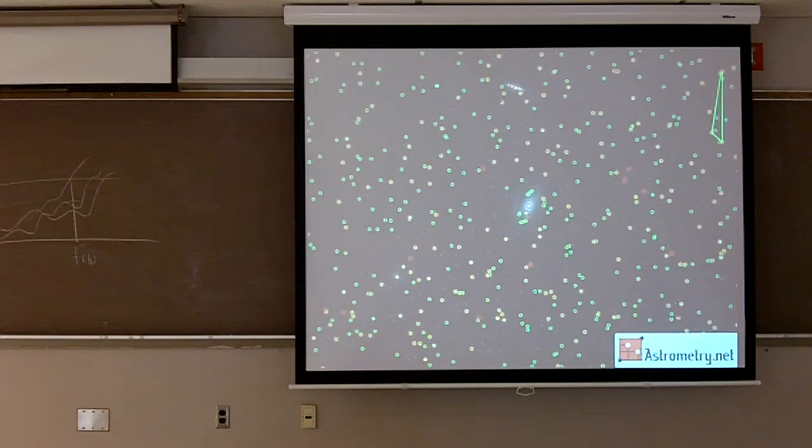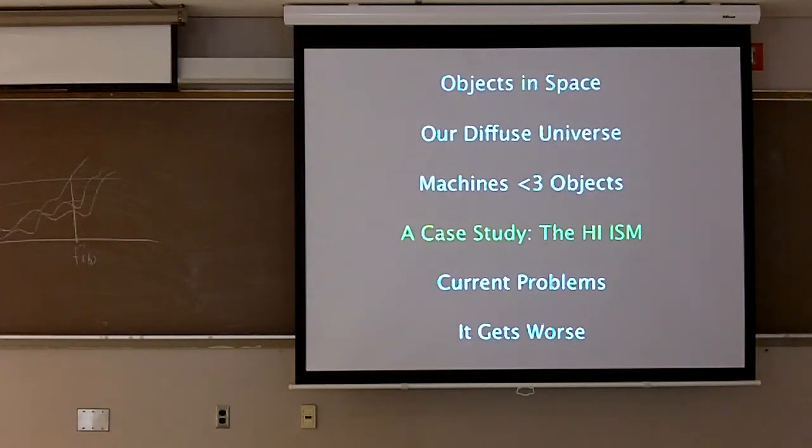But again, it is designed entirely around this idea that we have points in space. That we have these little Gaussian points, they all have values of various kinds, and that this database is an organization of those objects. Okay, so now I want to talk about the neutral interstellar medium. I did a lot of my thesis work on studying gas, neutral gas in our galaxy.